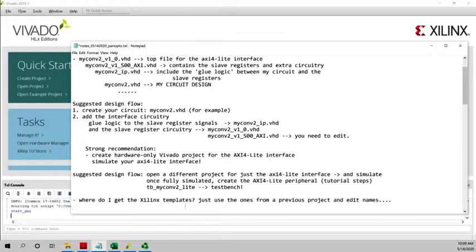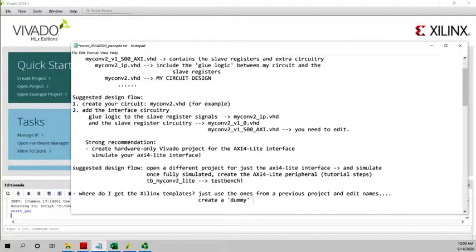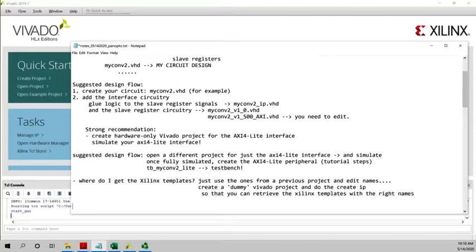Another way to do it is to create a quote-unquote dummy or fake Vivado project, and do the create IP so that you can retrieve the silence template with the right names, for example. That's what I mean. There are many ways to do it. That's how you would do it. Okay. So once you do that,